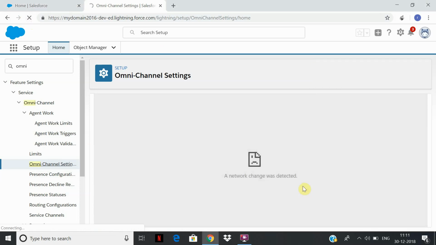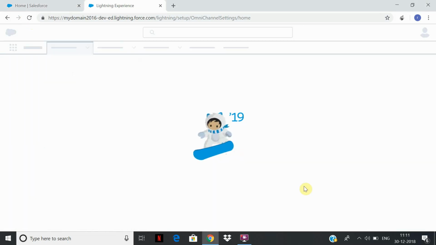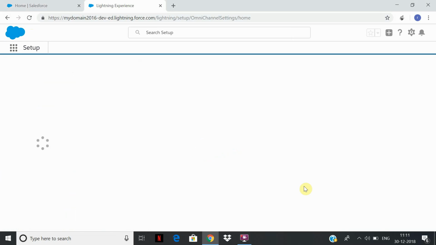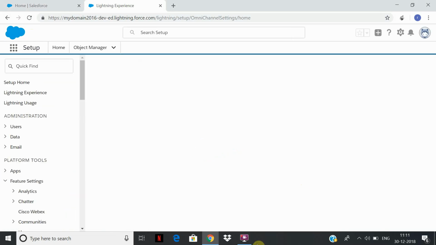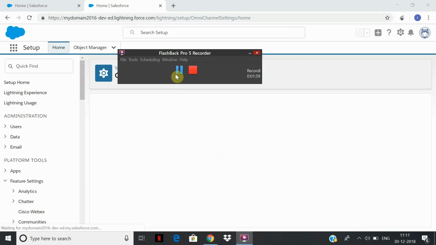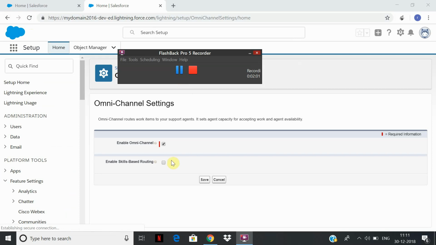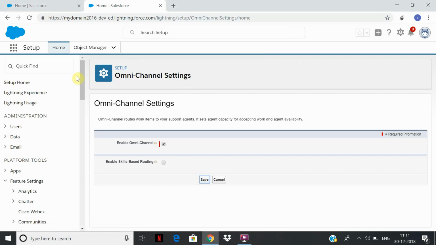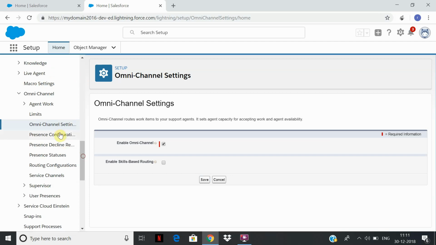Just let me change that. Yeah, so enable Omnichannel and save it, and this will enable the Omnichannel tool. Right now, we are not using skill-based routing; we are using it only for case assignment.